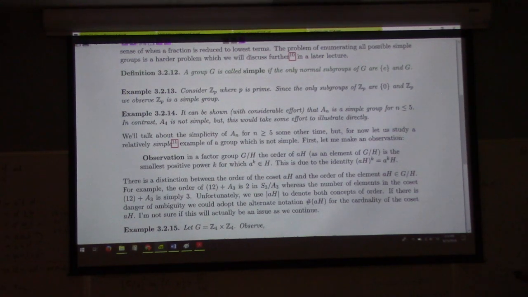There's an unfortunate thing that happens here. We have used that to denote the order of the coset in terms of set theory, and there's a distinction in concept here. The number of elements in this is just equal to the number of elements in H, but the order of this as a member of the factor group is a different thing. It's how many times you multiply this until it gets back to the identity coset, H itself. All right,